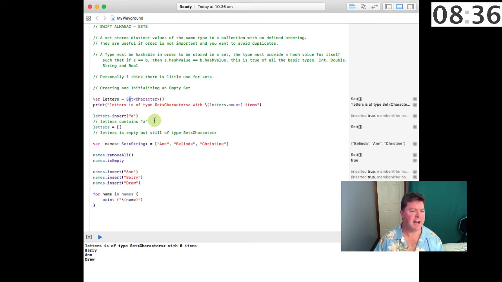We can insert an A, so then letters now contains A, and then we can create an empty set just by using these array braces. Now letters will be empty, but it will still be of the data type Set of Character. So we'll create a new variable names, which is a set of strings, and into that we will place this array of strings, Anne, Belinda and Christine, and then we can remove all of them,